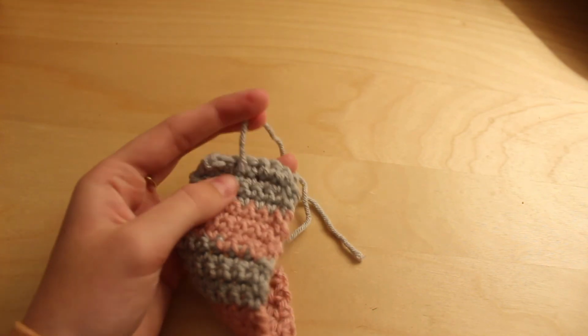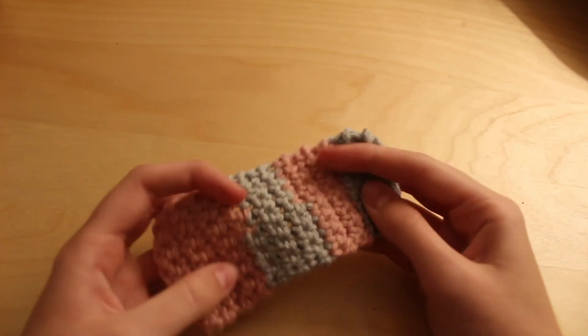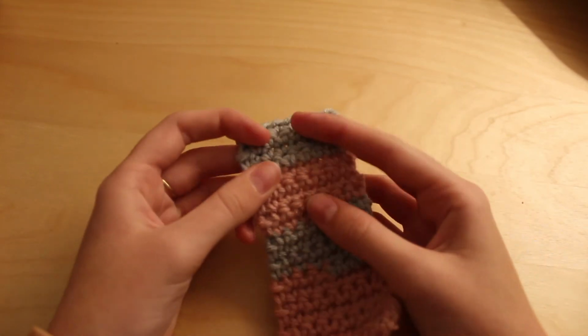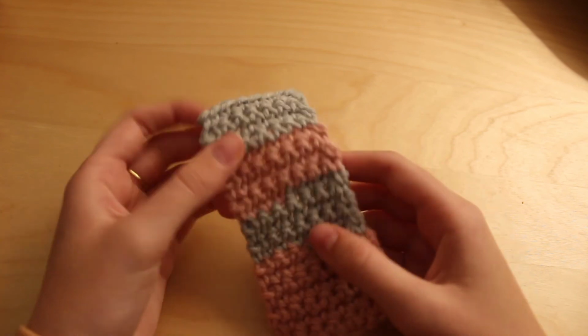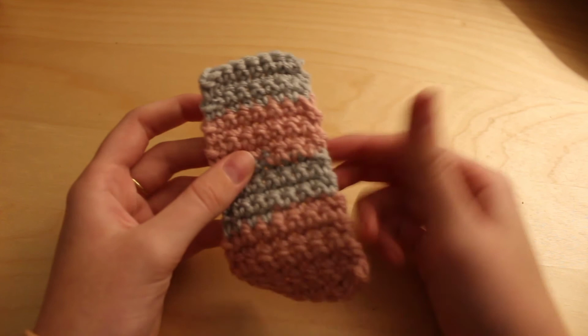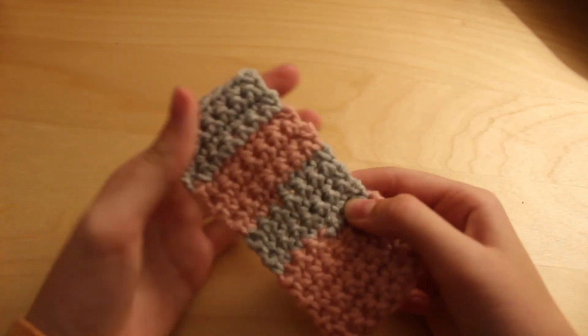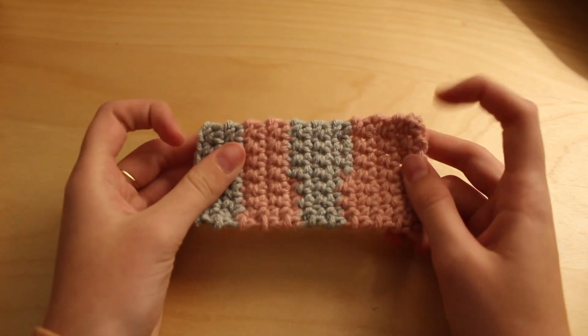Careful not to cut your work, because then it will unravel. But, so yeah, here's this random little piece we did here with the color change, and that's how you finish off your work. As you can tell, we cannot see the end of anything actually. But yeah, that is one of the last concepts I'm going to be teaching you,